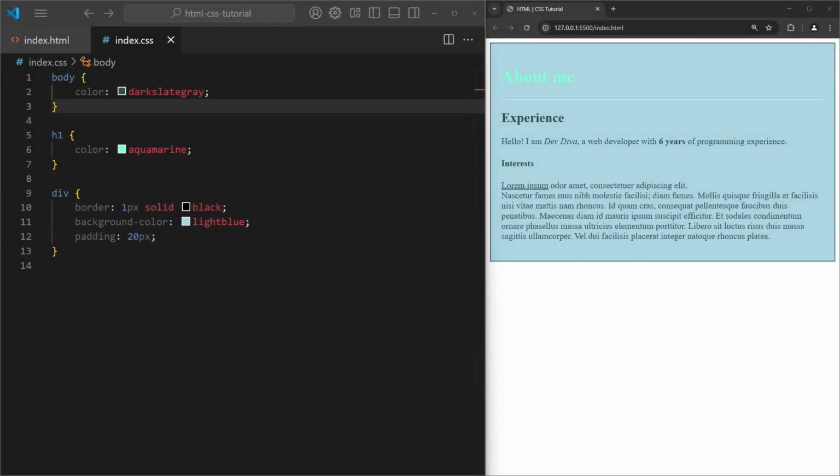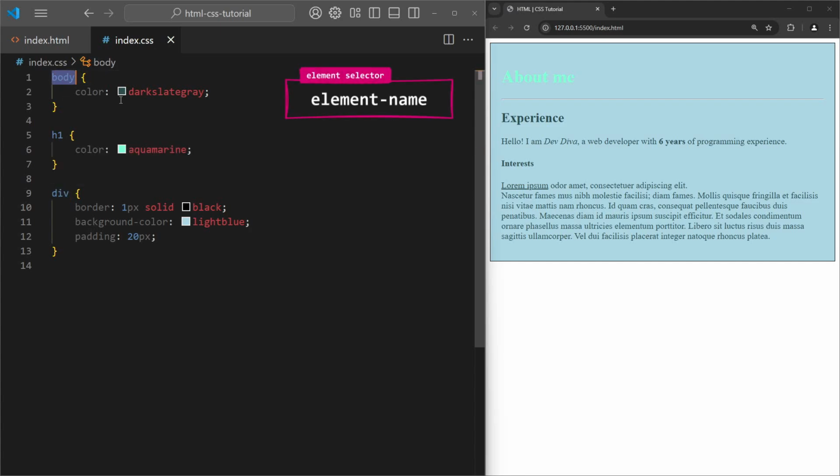Let's talk about CSS selectors. To style an element, we first need to target it using a selector. We've already used the element selector before. The element selector is simply the name of an HTML element, and it applies styles to all instances of that